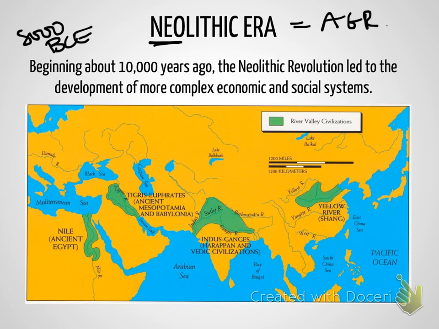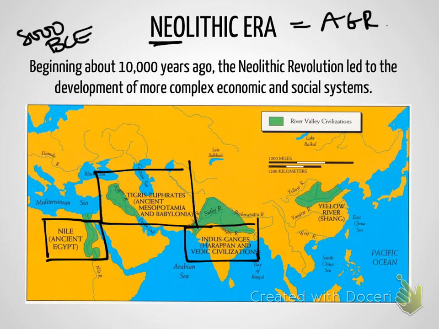Now, if we think back to the beginning of the Survivor Challenge, the different tribes were different river valleys. And so we have the Nile River Valley over here as one of those early areas that started moving from hunting and gathering to agriculture. The very first one was in the Fertile Crescent, as we look at the Tigris and Euphrates region, looking ultimately at ancient Mesopotamia, the cities of Sumer and Babylon, etc. We then know we have the Indus River Valley, where we have the Harappan and Mohenjo-Daro cities.